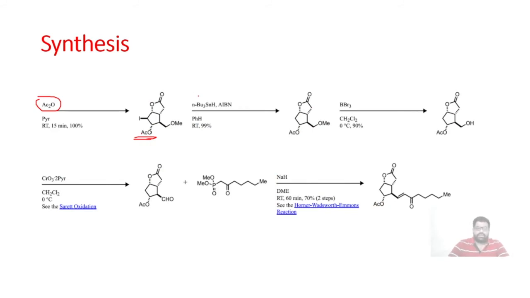Now the next reaction, one of the beautiful reactions, is the treatment of tributyltin hydride in the presence of AIBN. AIBN is just an initiator, and tributyltin hydride has very high affinity for halogens. That's why I said this is a very beautiful reaction, because tributyltin hydride will have high affinity to iodine, and it will put hydrogen over here. So we get hydrogen over here, with removal of iodine from this molecule. So we get this molecule after removal of iodine.